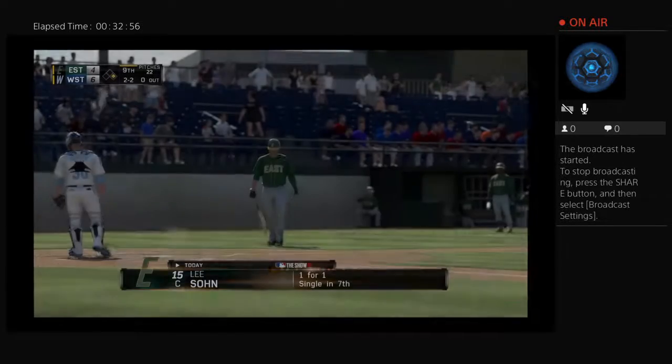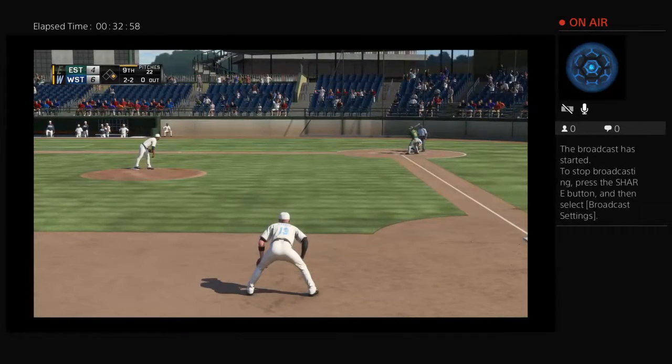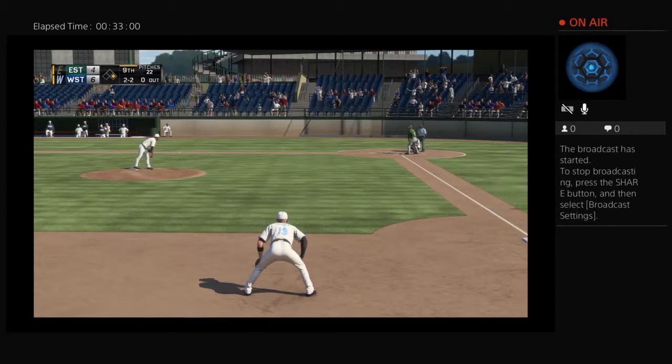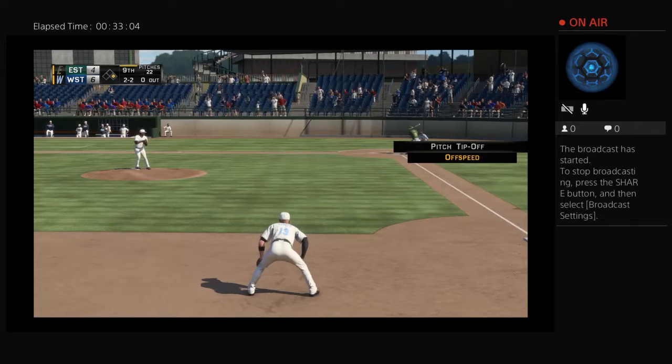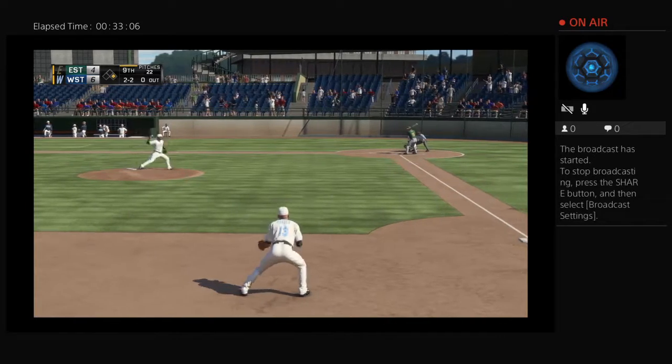So no runs here. Lee Son will dig in now, and he'll do so representing the tying run. Yeah, and you're not too worried about this guy jumping the yard on you here and tying the ball game. But if he does find a way to get on base...